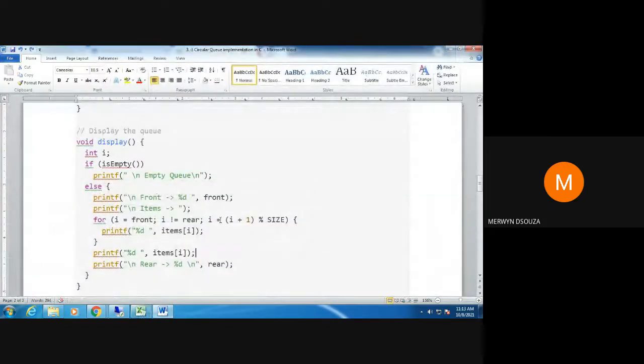Now just check this condition, what we are doing here. When we are incrementing I, we are not incrementing I by saying I plus plus. Just think about this, why you think it must be done like this. I will ask you at the end of the class why we are not doing I plus plus here and why we are doing it like this. Just think about it.